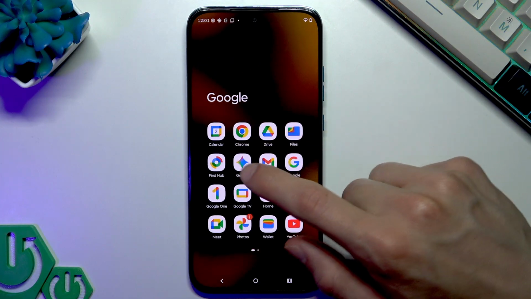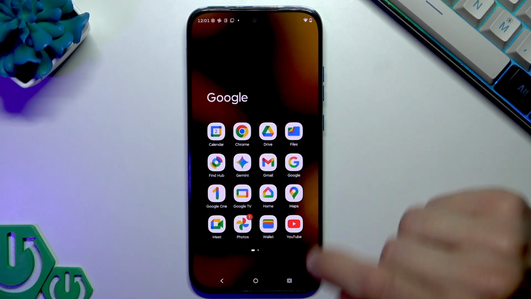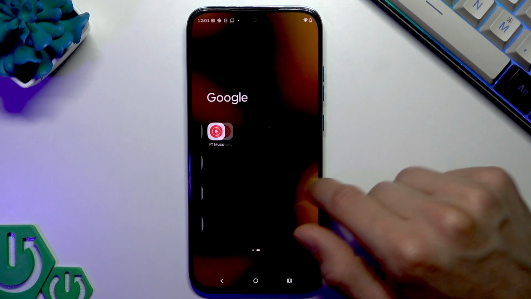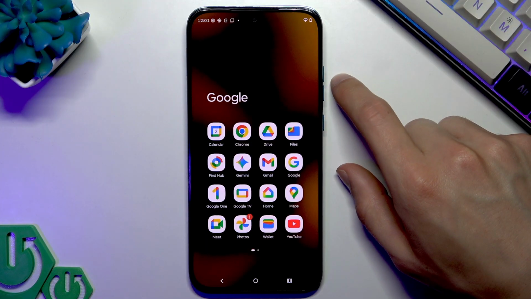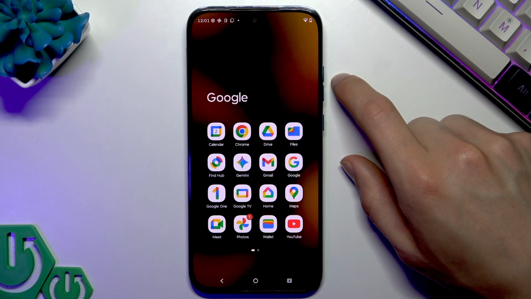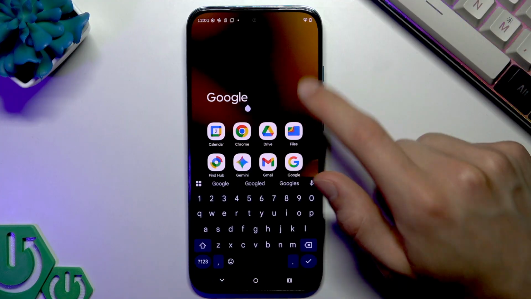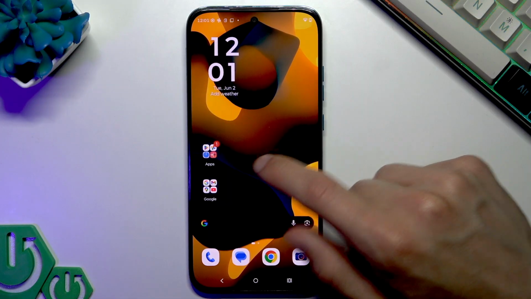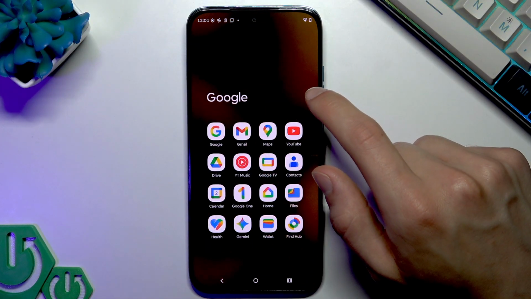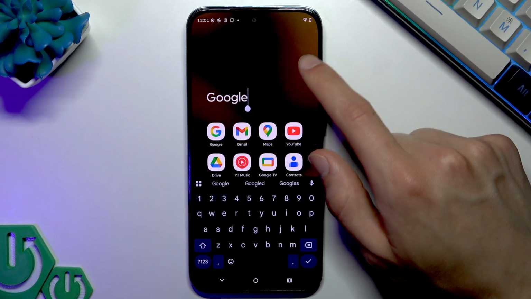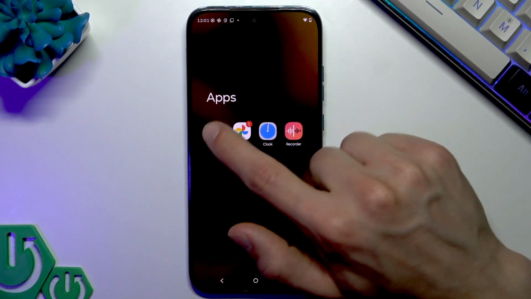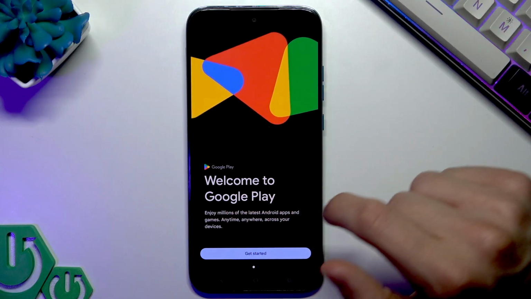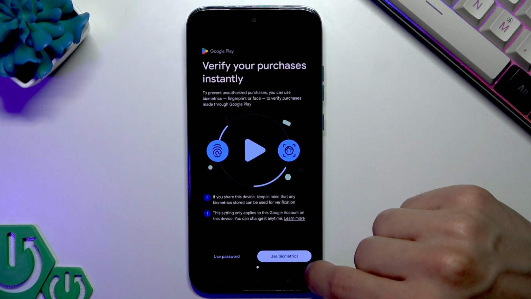So let's go to the Google folder in the apps menu and let's find the Play Store in here. For some reason I don't see it here. Okay. Now